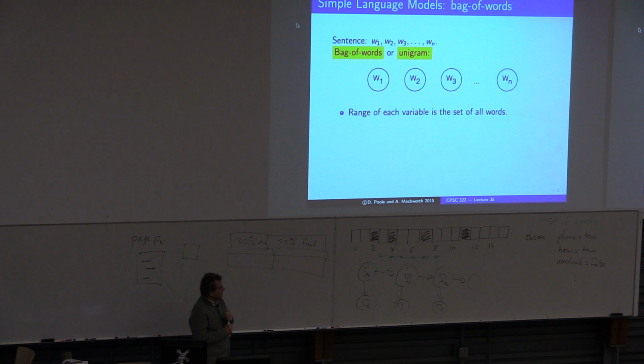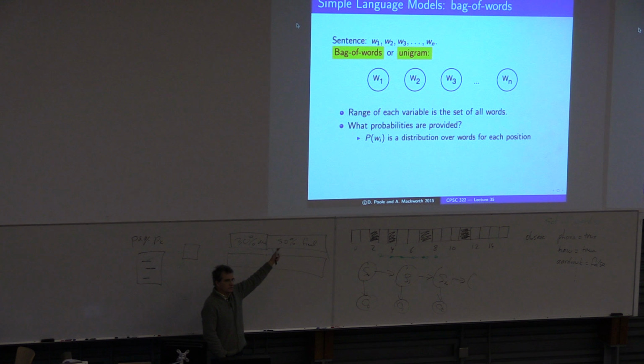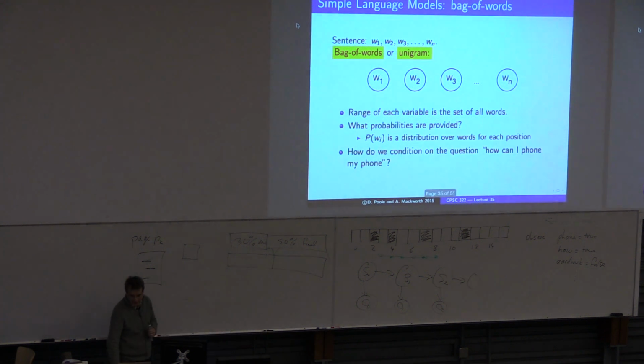The range of each variable is the set of all words. The range of W1 is all of the words. And then the probabilities you're going to provide are the distribution over words for all the variables. And so if you do, how do you